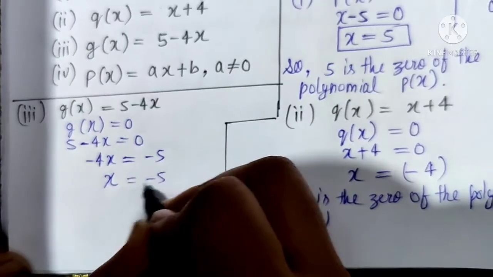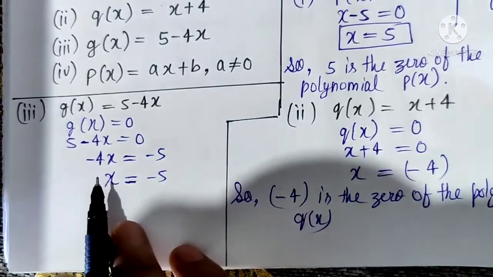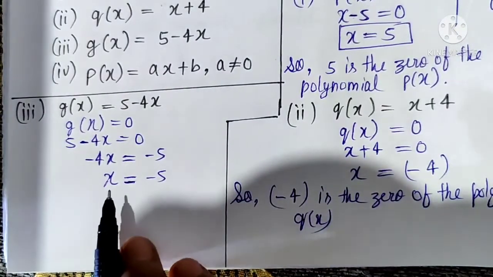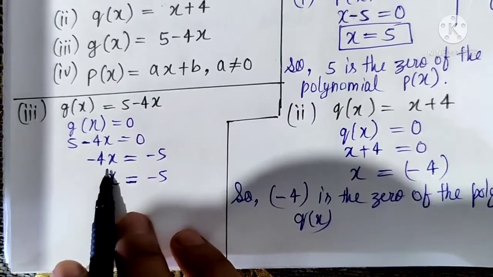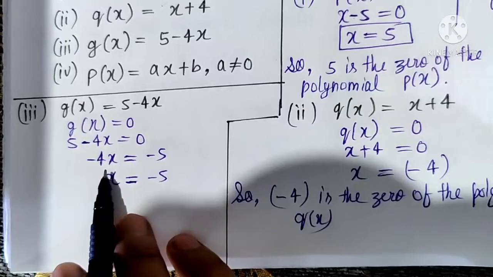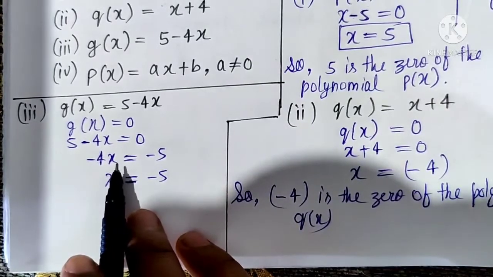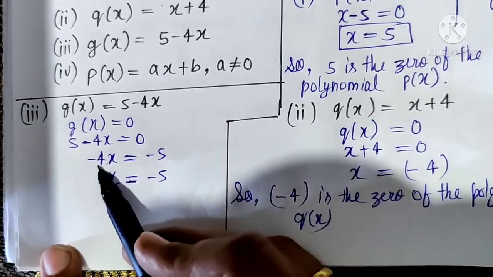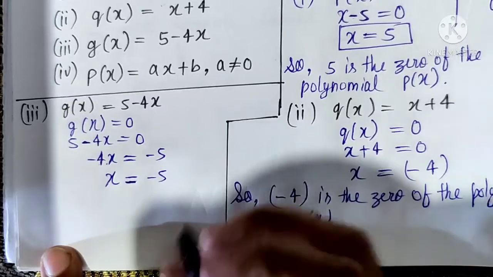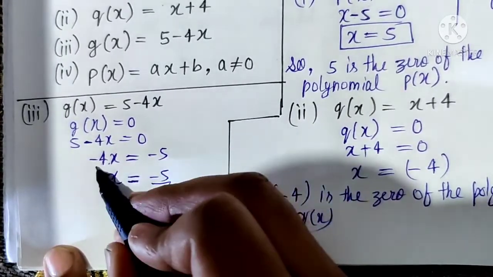Now just check here. Many students make a mistake here. When we move this minus 4 to the right hand side, we have to pay attention to what relation the 4 has with x. It is written minus 4x, which means minus 4 multiplied by x. So 4 is in multiplication relation with x. When it goes to the right hand side, it will take divide form. Many students do plus.